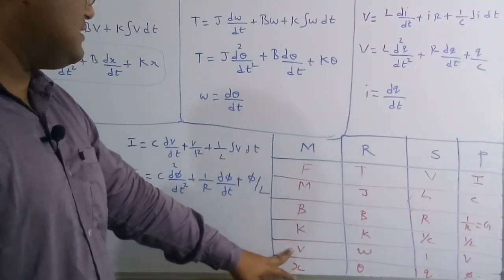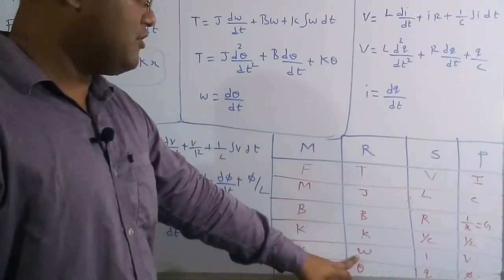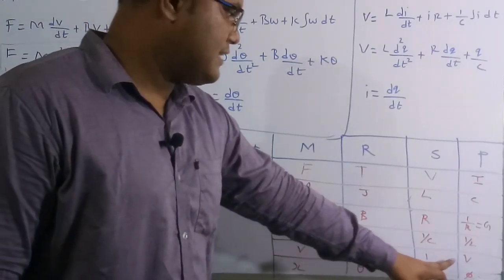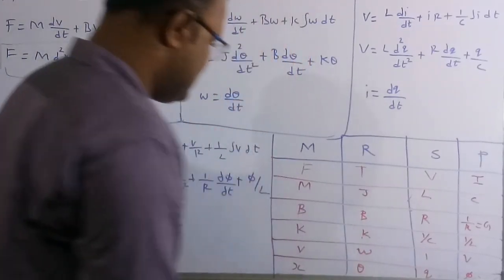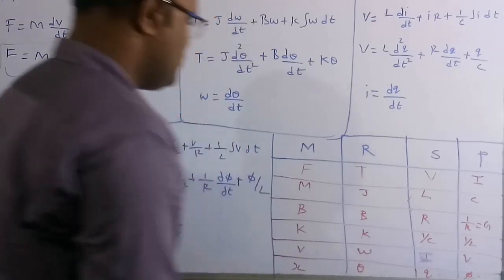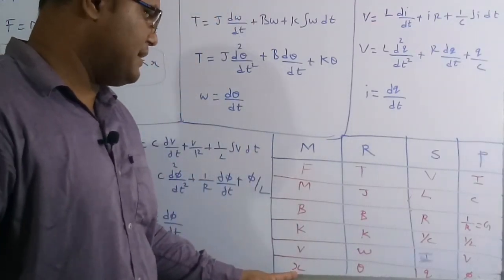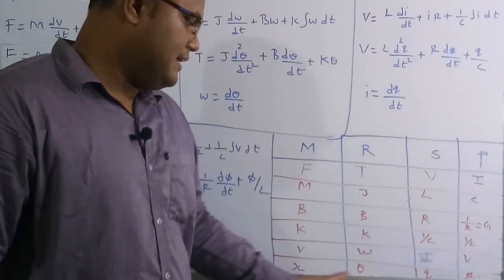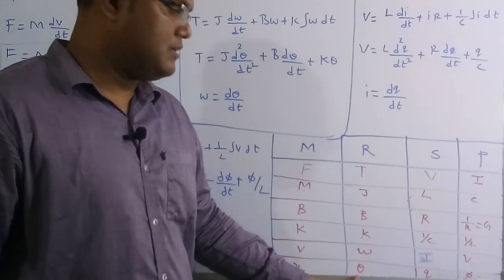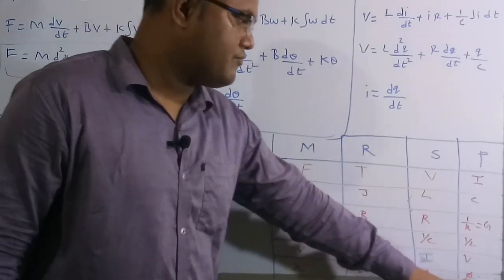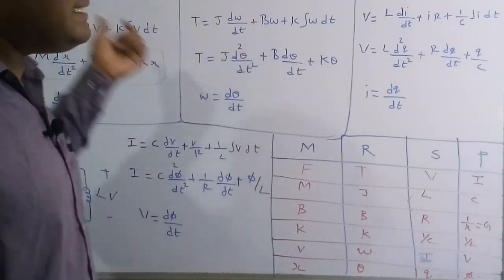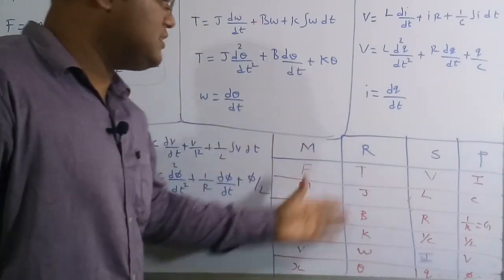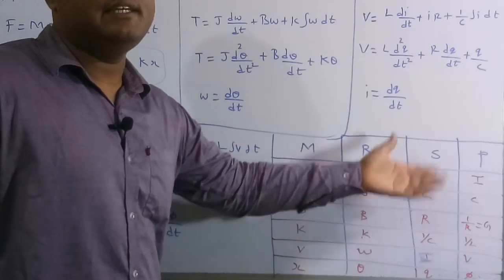So here, this is the velocity, and this is the angular velocity, and this is the current, and this is the voltage. So therefore again here this is the current. So again this is the displacement in the mechanical system, and this is the linear displacement, and this is the angular displacement, and this Q is the charge, and phi is the flux. So by comparing each and every equation, by each and every term, we are going to draw this one. We are going to make this table.